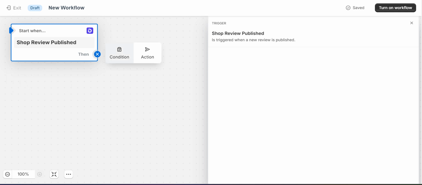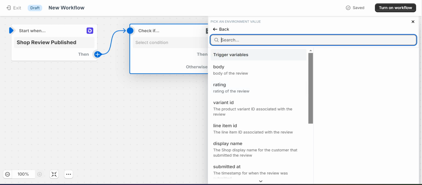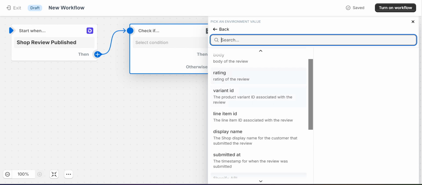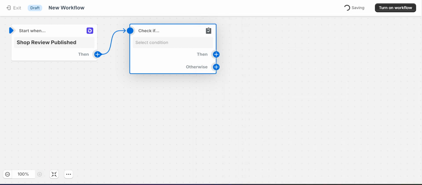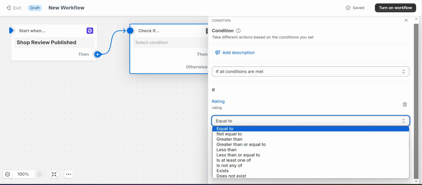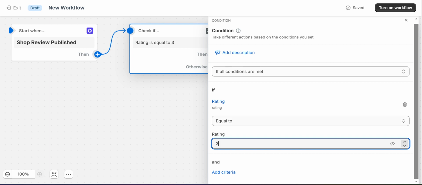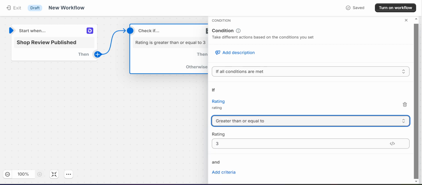And then for your condition, you want to open that up, and it's going to give you a couple of conditions that are only available for when you click the shop app as your trigger. And so you want to click on the rating, and then you can play around with a few things here. You have options here for equal to, not equal to, greater than, and all that. So I'm going to say if the rating is greater than or equal to 3, then